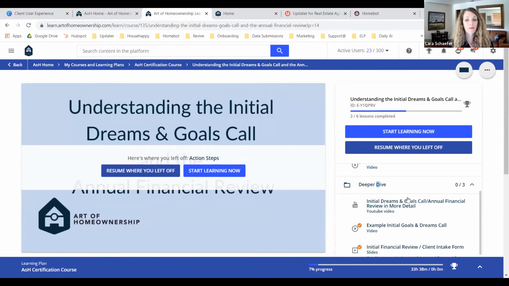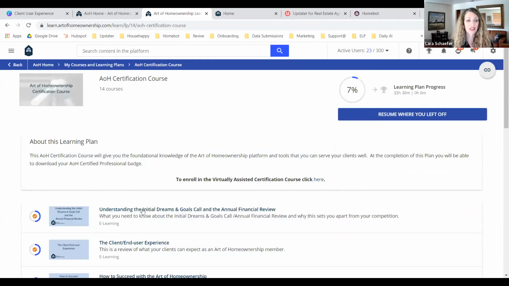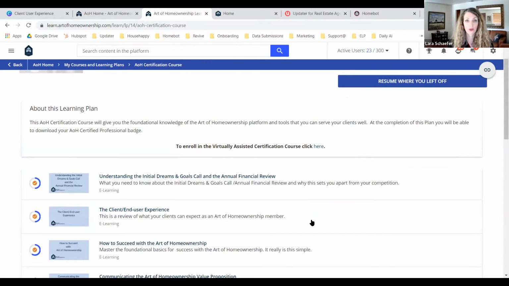But once you get through that, the required viewing sections, you can go to the next course. So you could just do the 5 minutes here, the 5 minutes here, and as you make it all the way through the whole thing, now you can get your certification. And it's at least going to give you a really good overview of Art of Homeownership and what's being offered